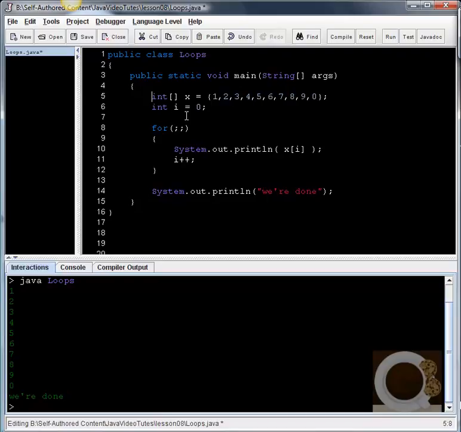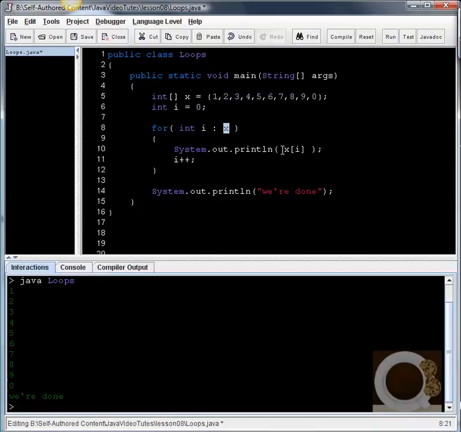So let's go on to the fourth and final type of loop in Java. And this is kind of a new thing in Java, not that new, but new to some people, and it's the for each loop, or otherwise known as the enhanced for loop. Basically it's just a shorthand to iterate over an array. So I can say for int I, use a colon, and then give it the name of an array. So this x here represents this array. And where I say int I here, this variable is going to be assigned the value of my respective position